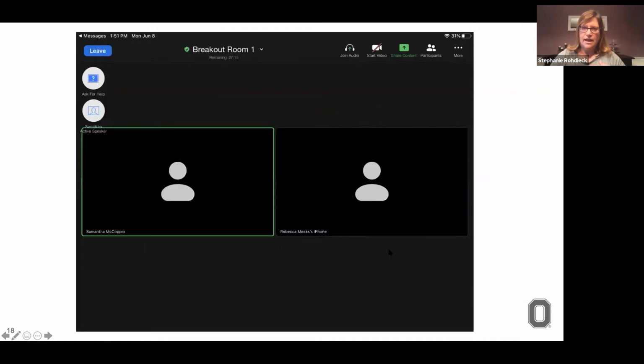And then when they're actually put in the breakout room, they have the name of their breakout room up here. And it will tell you in these teeny tiny little letters how much time is remaining. There's 27 minutes and 15 seconds remaining for this breakout room space. And Samantha and Rebecca were put into the same group so they could see each other. I had them keep their videos off, but otherwise they'd have their videos on.